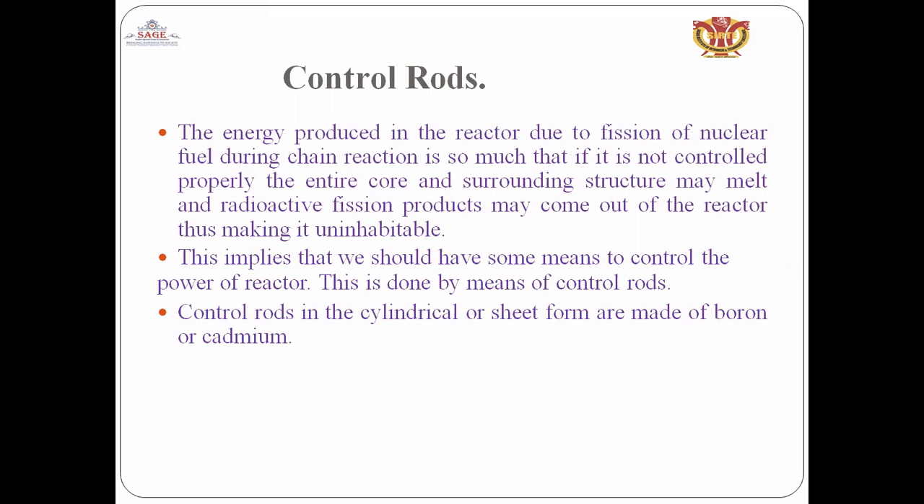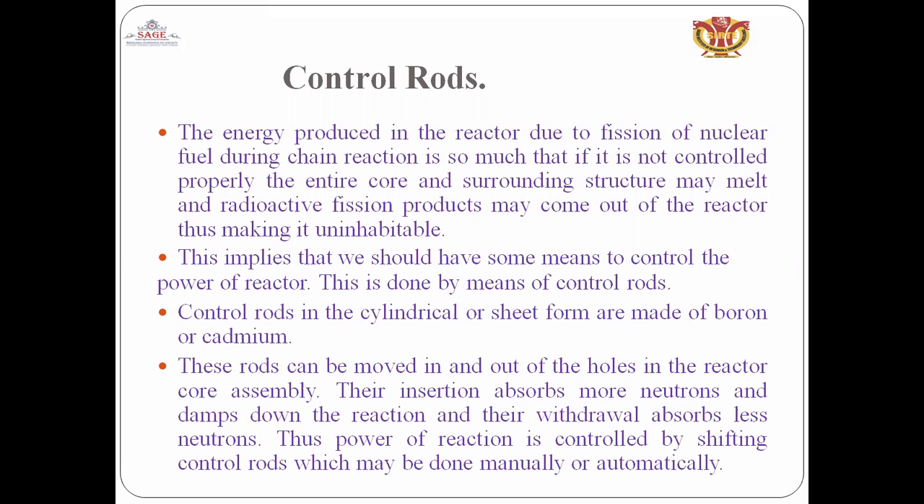Control rods in cylindrical or sheet form are made of boron or cadmium. These rods can be moved in and out of the holes in the reactor core assembly. Their insertion absorbs more neutrons and damps down the reaction, and their withdrawal absorbs fewer neutrons. Thus, the power of the reaction is controlled by shifting the control rod, which may be done manually or